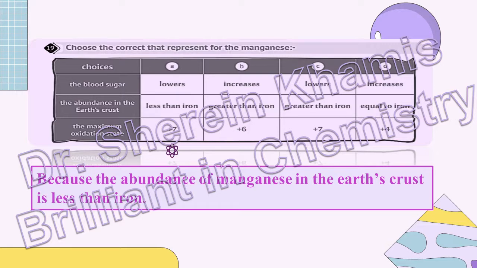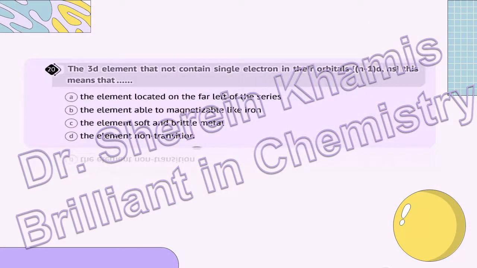Okay, let's go into the last question of our booklet today, question 20. Question 20 says: choose the correct answer here, and we have the 3D element that contains a single electron in their orbitals. Okay, we have n minus 1 d and ns. If we are in 3D, so we have n minus 1, and we didn't have 2d, but we have 2n. Okay, we have 2 what? We have 3s. Yes,